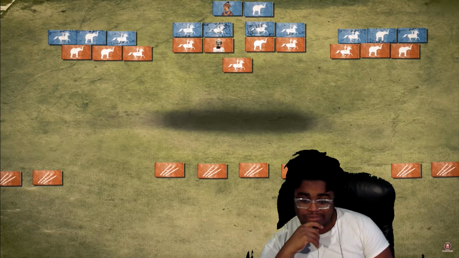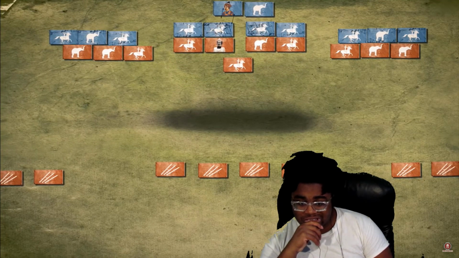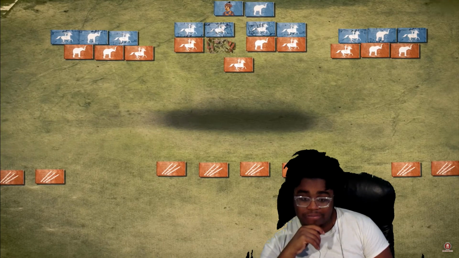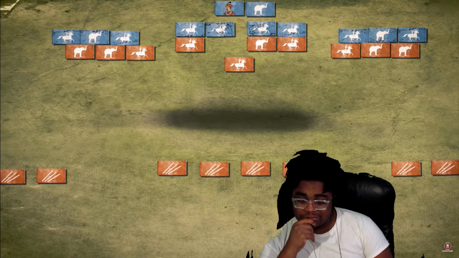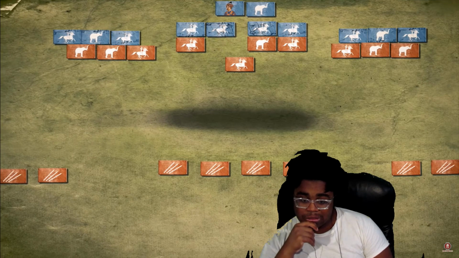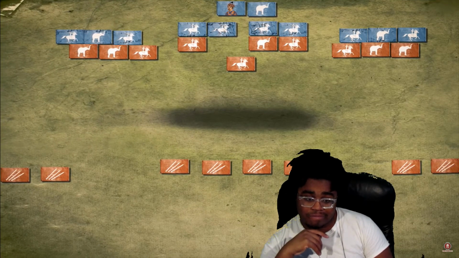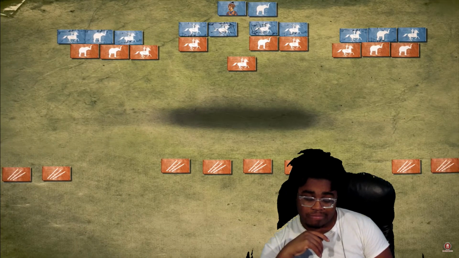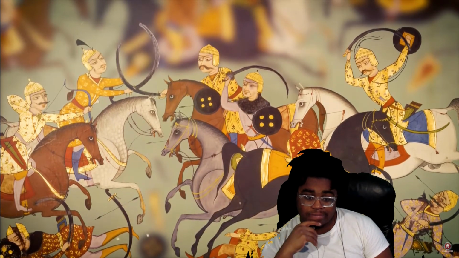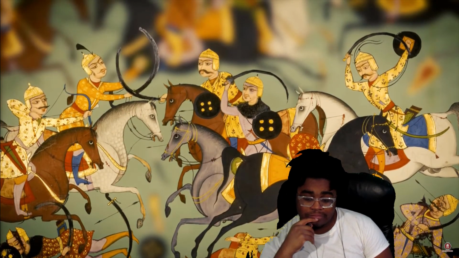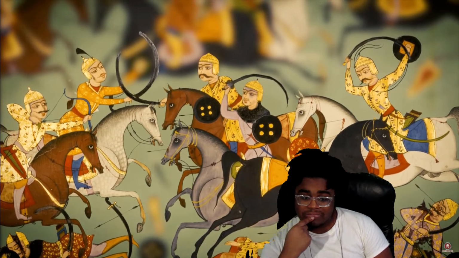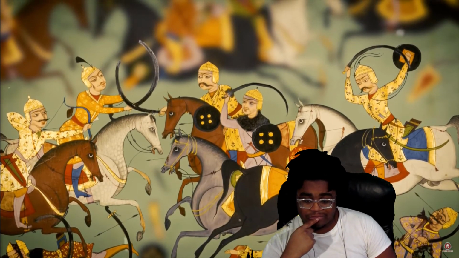The battle was decided by an arrow that found the slit in Hemu's helmet. His army panicked upon seeing the death of their commander and broke their lines. The Mughals once again lost very few warriors while killing more than 5,000 enemies. Akbar continued consolidating territory, and by the time of his death, more than half of India was under Mughal control. The Mughal Empire lived on until 1857.